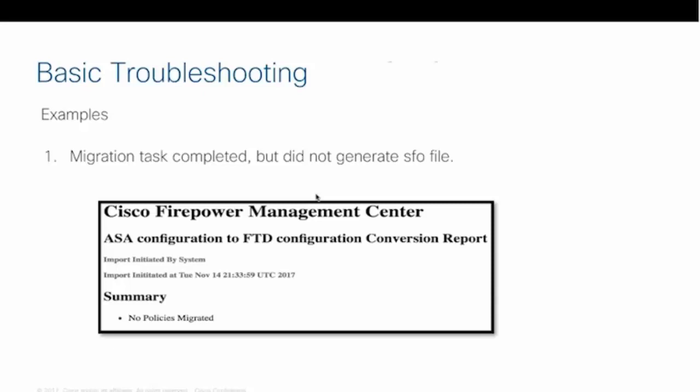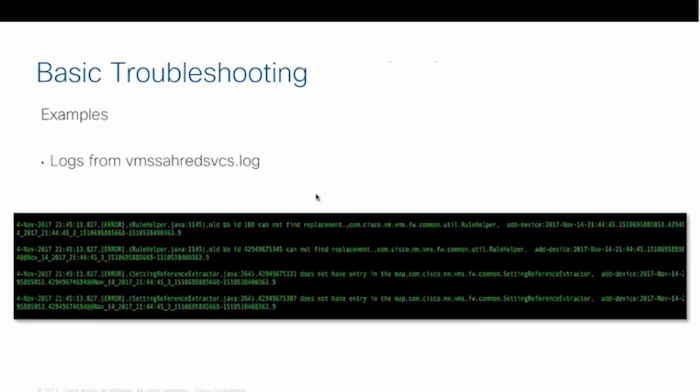This situation is a little difficult to troubleshoot because in actionqueue.log or any other logs, there won't be any failure or error messages because the migration process did not fail. But if we take a deeper look into the VMS shared SVCS logs, you can see logs like this saying cannot find replacement or does not have entry in the map. If you see logs like this, it indicates that the configuration file we have from the ASA has